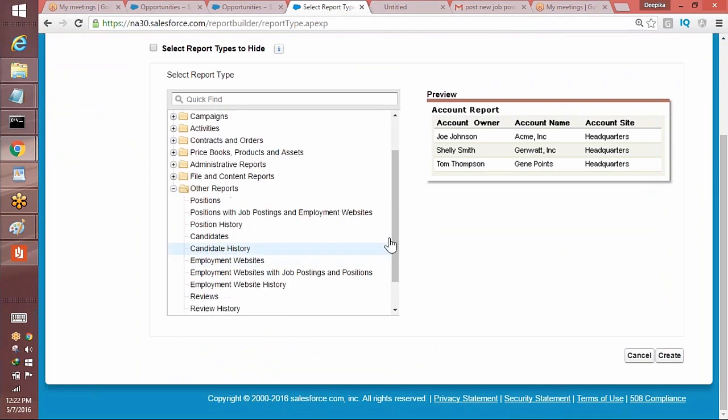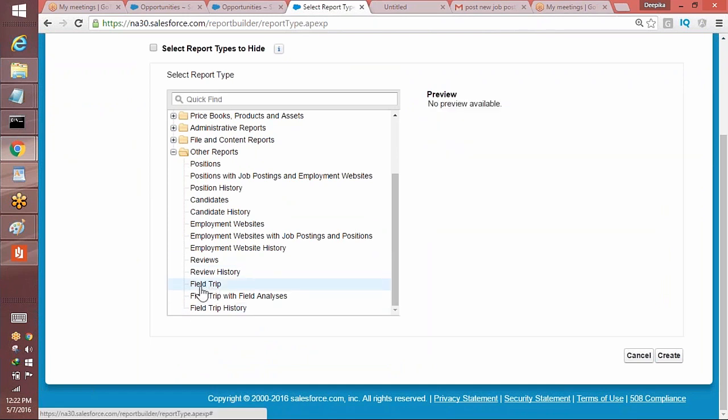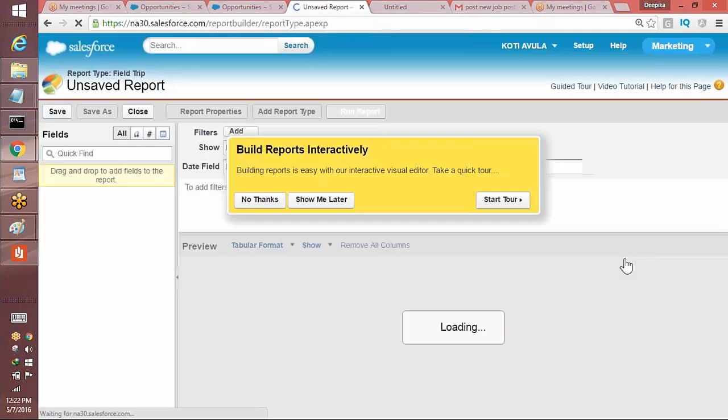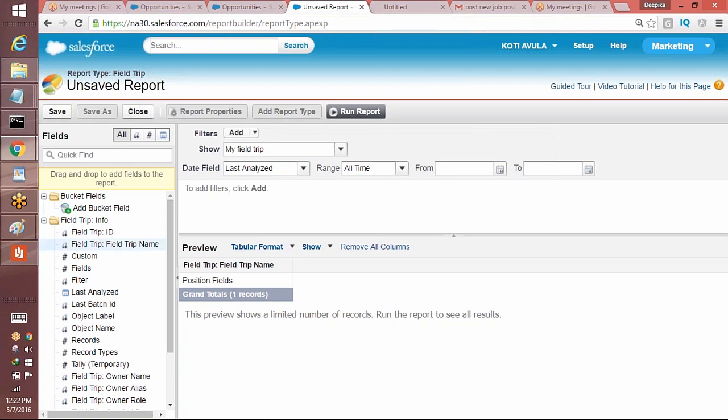field trip. Okay, since you have added the field trip for the position, you can see the field trip analysis here. So you can go ahead and take a field trip history or anything. You can create reports on these, and then it will tell you, okay, these are the fields which never have been populated and all those kind of things. So you can run the report based on those values. Okay, so you have field trip